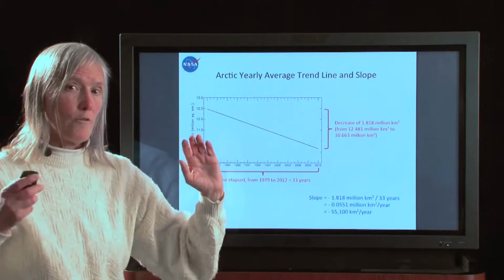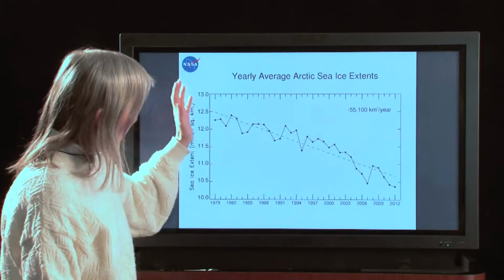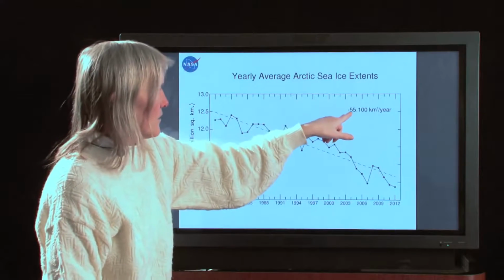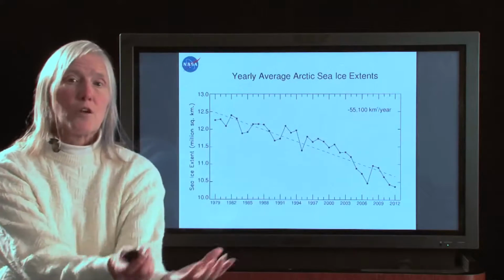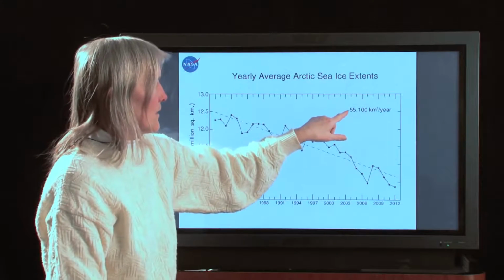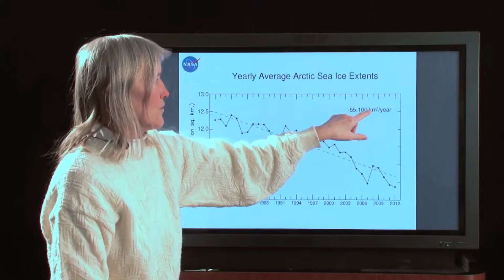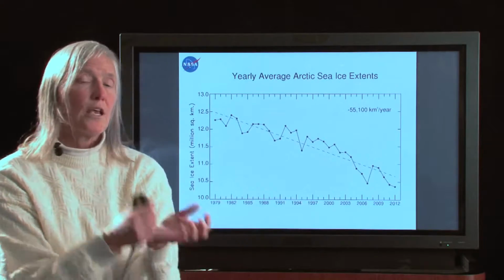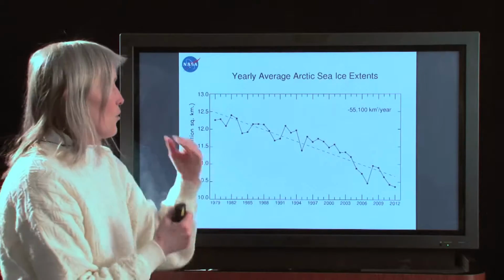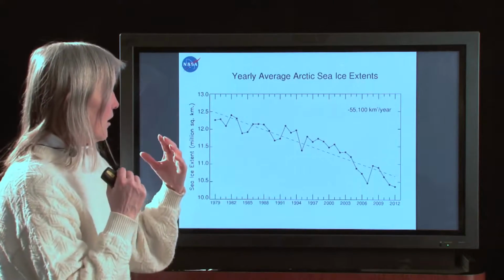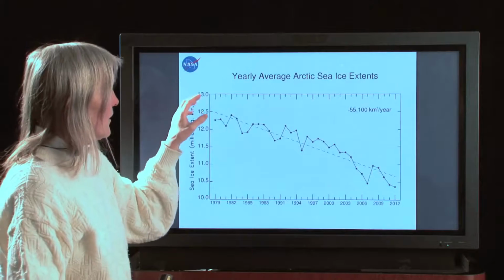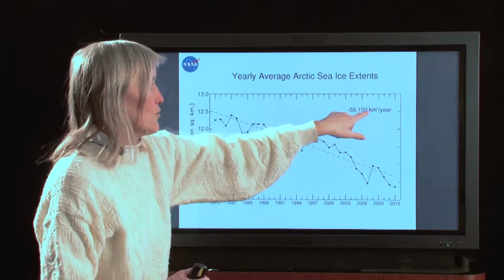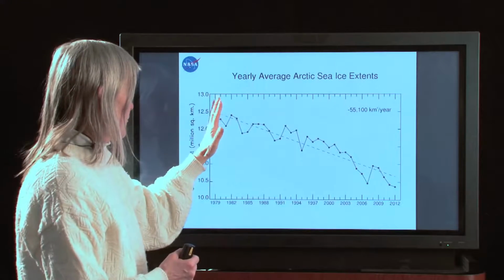And so our final plot here, we've got our points, we've got our linear least squares line, and we've got the result of this value, negative 55,100 square kilometers per year. And so when people call us up and say, how much has the sea ice decreased, we can say from our results that the least squares fit here tells us that the yearly averages have decreased by that amount over this period from